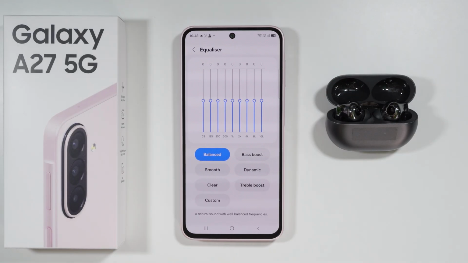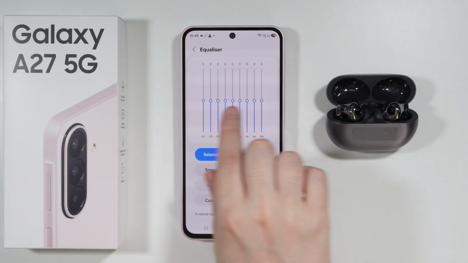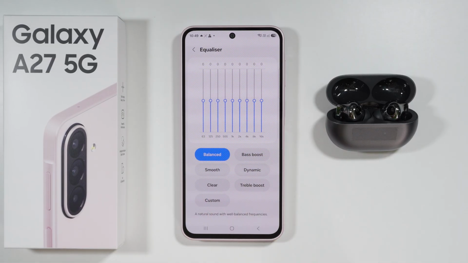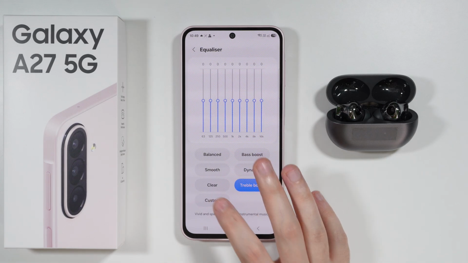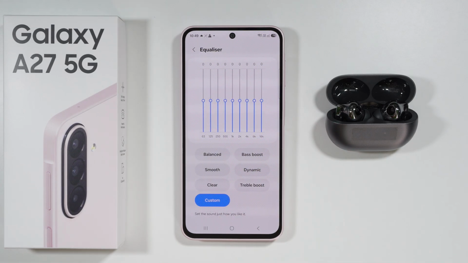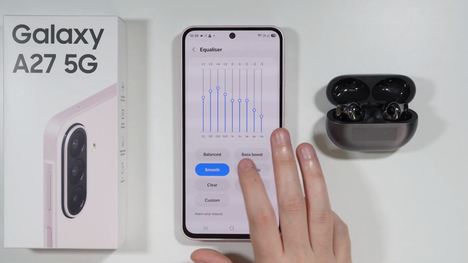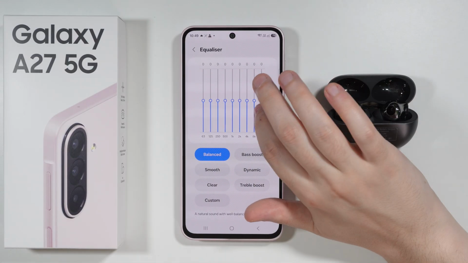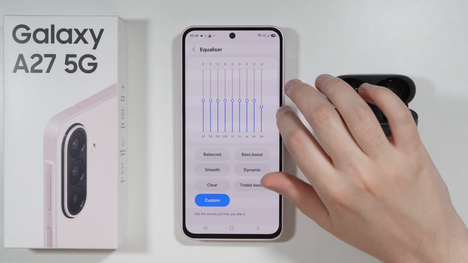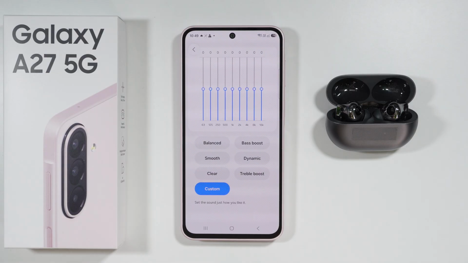Besides that, we have the equalizer, which also is a great tool to improve the sound quality. Now, you don't really need to know what these sliders do because we have these presets, and most likely they are enough. So you can go through these presets and see by yourself which setting is the most suitable to you. You can find out which one you like the most. However, if you know how these sliders work, then of course you can adjust the loudness of these frequencies, and you can try to create your own